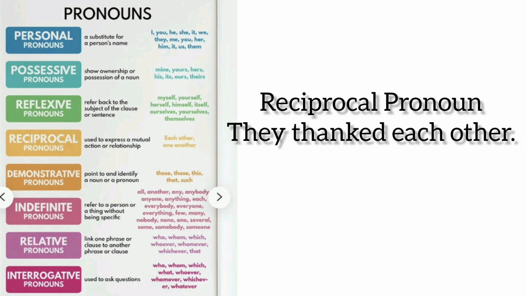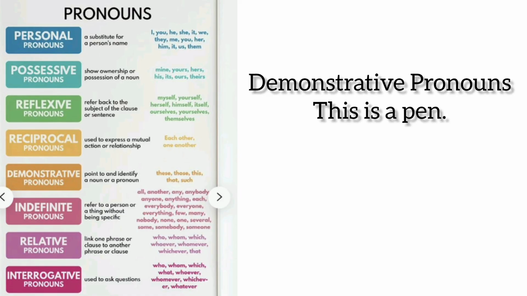So here each other is the reciprocal pronoun. Demonstrative pronoun. So when you demonstrate something, when you are showing something, when you are pointing something, then we use such pronouns like this, these, those. If I say this is a pen, so here this, I'm indicating this pen, I'm pointing to this pen. So this is a pen, in the sentence this is